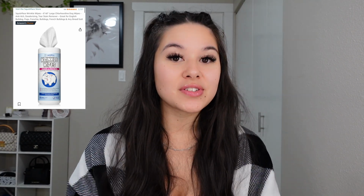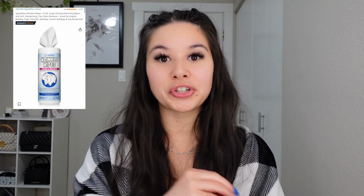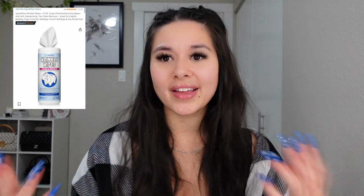So this item is for all of my French Bulldog, Pug, squished face kind of dog owners out there. So I got these squish face wrinkle wipes. I think I started getting them last year, but I have been using them religiously on my dog Kilo's face, and I have found that it makes such a big difference in his wrinkles. So what you do is pretty much just take one of these little cloths, you wipe inside all the wrinkles. Sometimes I wipe his paws as well, and sometimes I'll wipe his body depending on if he's kind of dirty